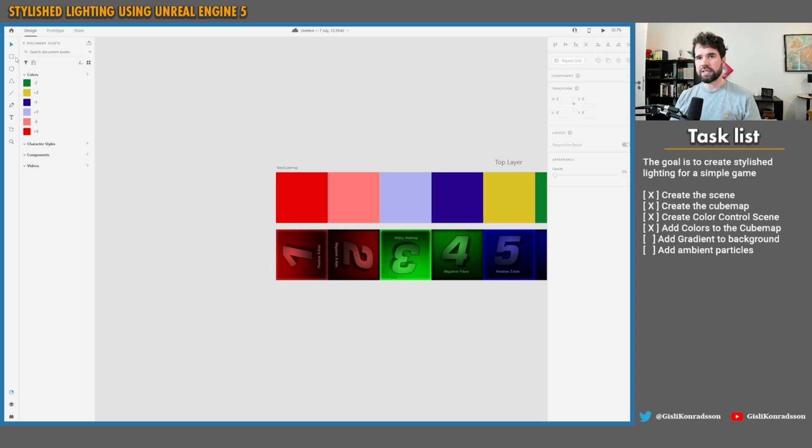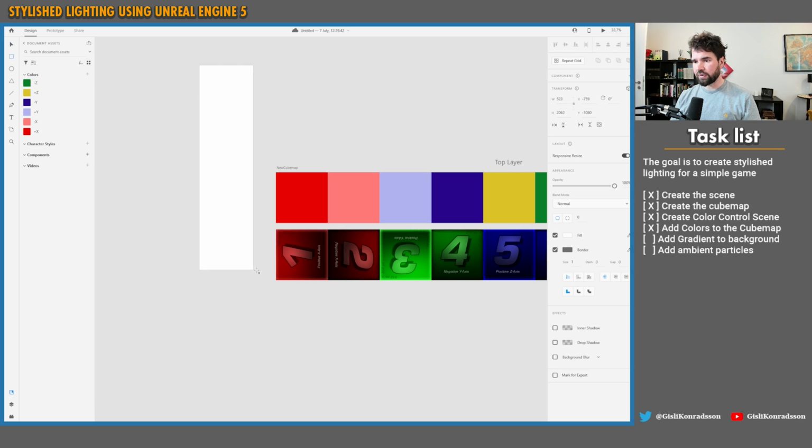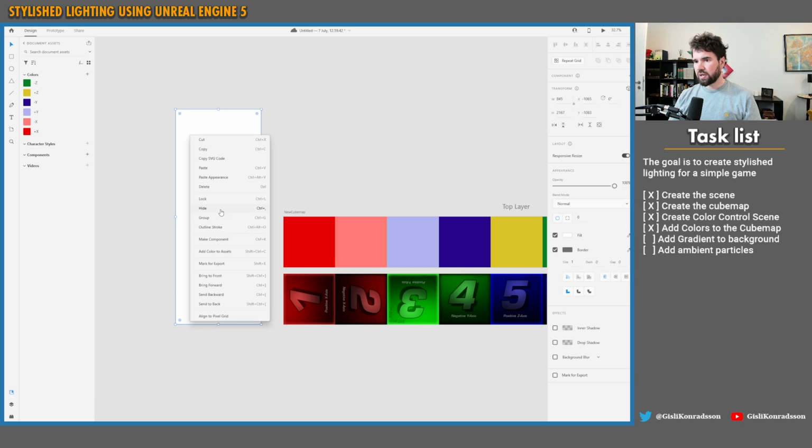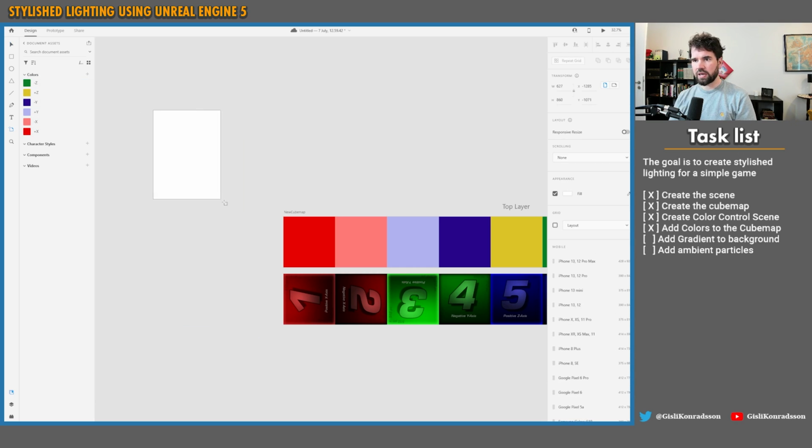The gradient itself in the background is done exactly the same way. So I'll just create another artboard here, and I'm going to call it gradient. Can I not call it something? I'm going to mark it for export. Why doesn't it let me name it? Yeah, here we go. So this is going to be background